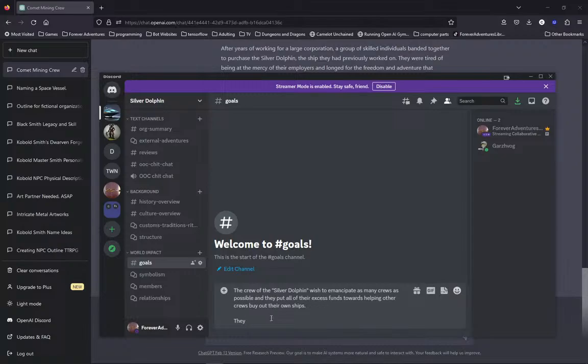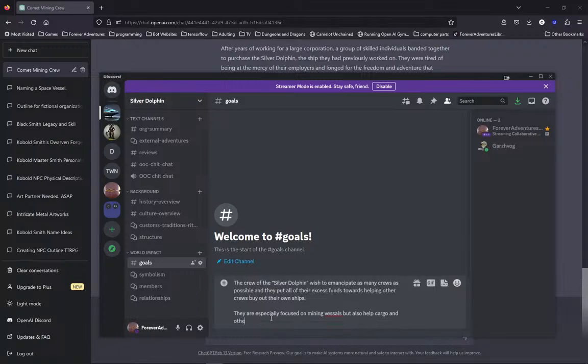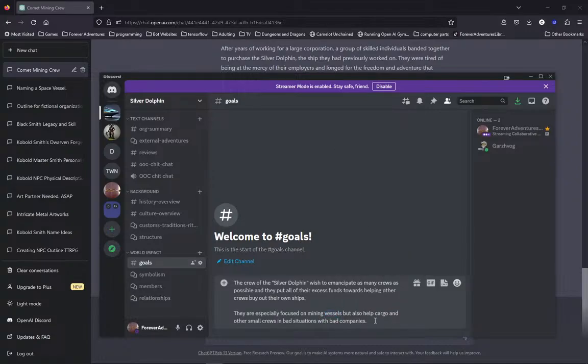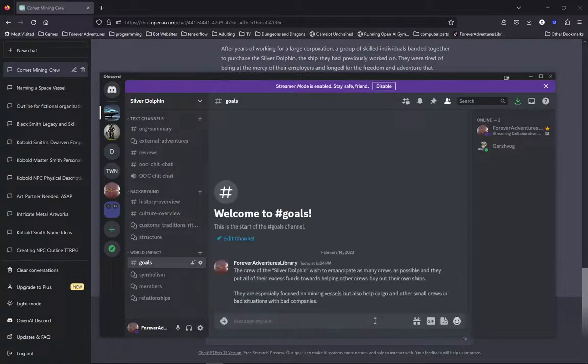But let's put they are especially focused on mining vessels, but also help cargo and other small crews in bad situations with bad companies. I dig that. I can get behind it.